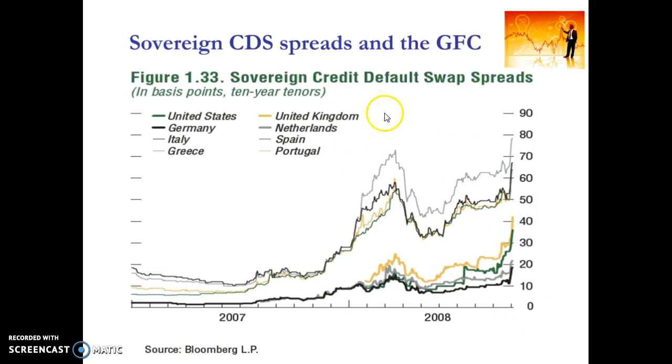Now we can see across this time, late 2007 and throughout 2008, the credit default swaps across all these countries were significantly elevated. But in particular, we can see that for some countries this risk was elevated more than others. So we can see, for example, Greece, substantial increase through this period of the global financial crisis. And in fact, across all these countries that at the time of the GFC were referred to as the PIGS, Portugal, Italy, Greece and Spain, so quite risky countries there,